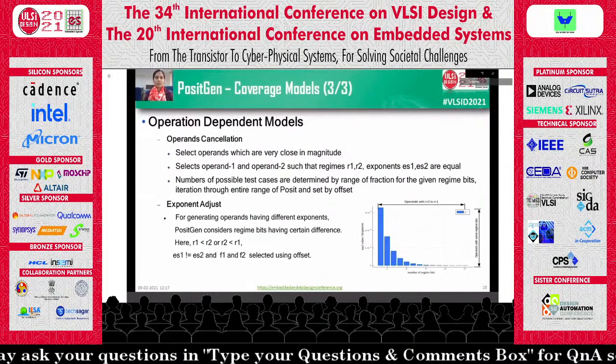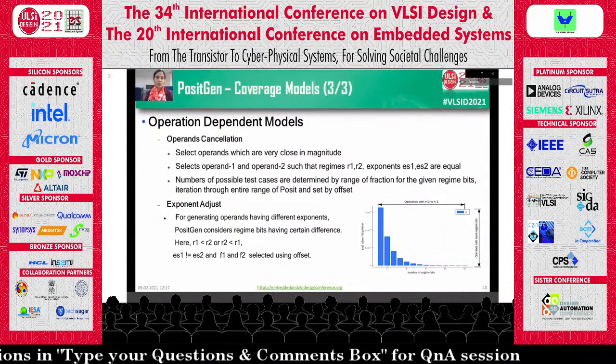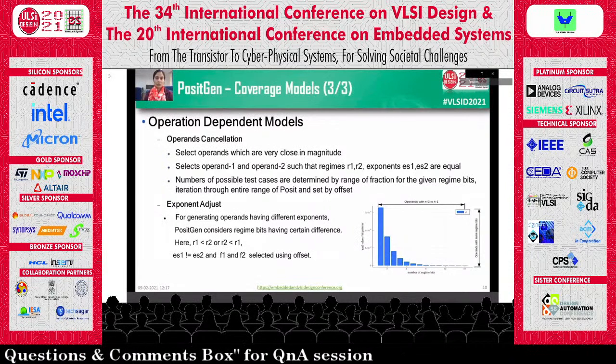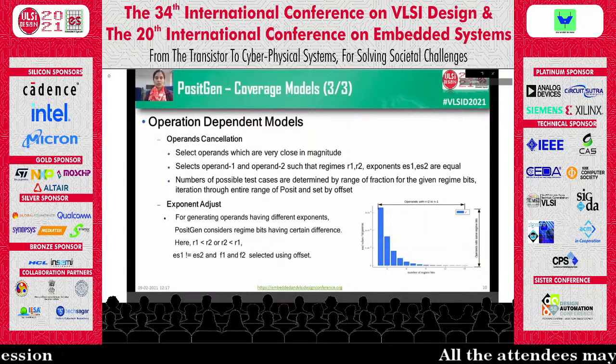In this, we will see operation dependent models of POSIT-gen. The first one is the operands cancellation. This model selects operands which are very close in magnitude. So it selects operand 1 and operand 2 such that regimes R1 and R2 and ES1 and ES2 are